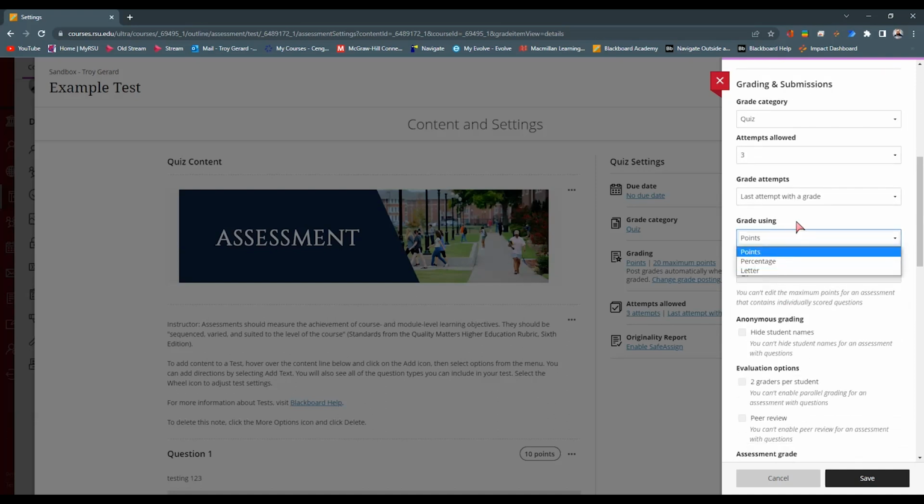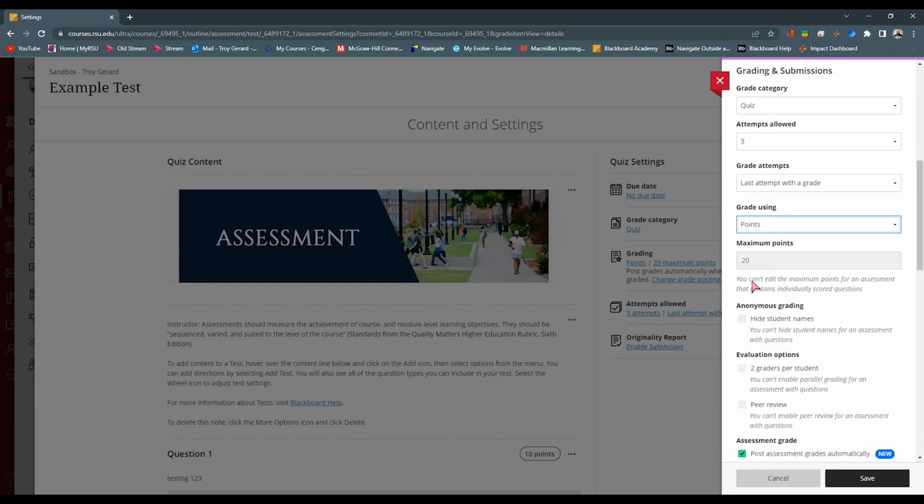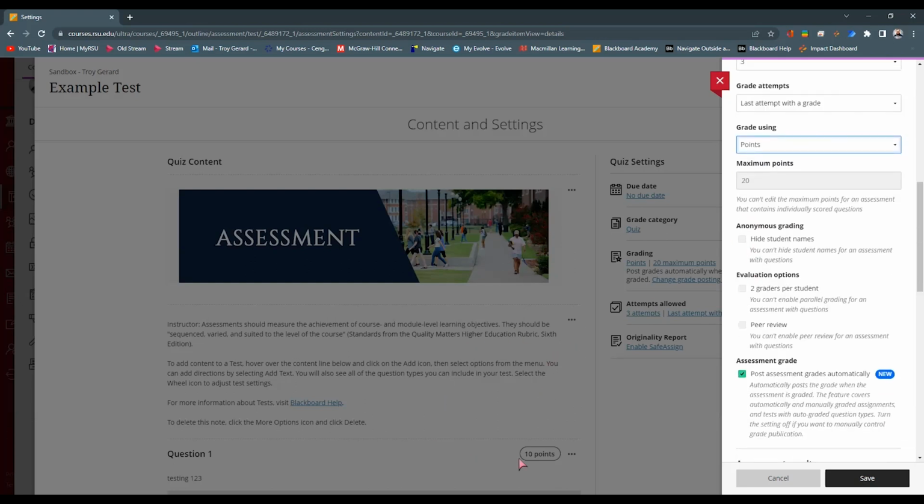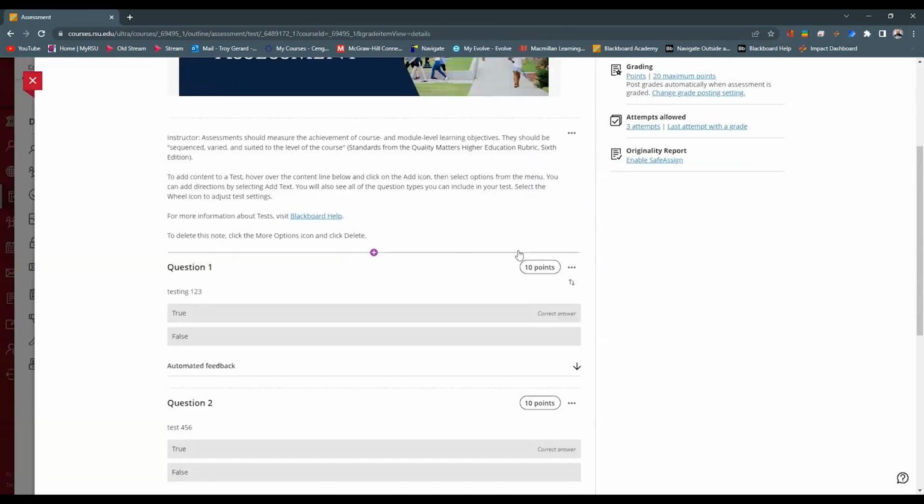Percentage or letter, you can see that the maximum points are grayed out. That's specifically because we have 2 questions in the actual quiz itself that's dictating what points are being calculated. I have 2 questions at 10 points each, so the maximum points are 20 points. If you're having difficulty adjusting the points, know that the points are actually calculating based on your settings on the